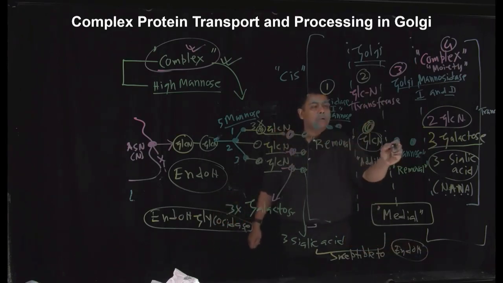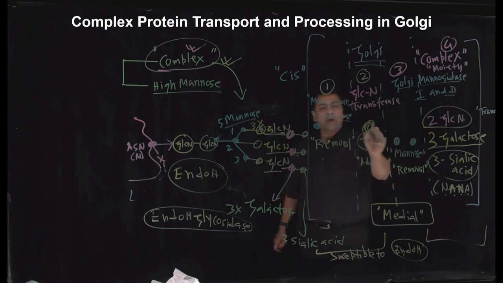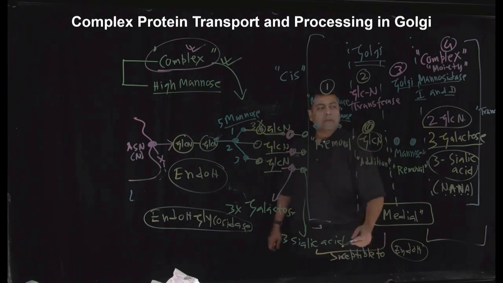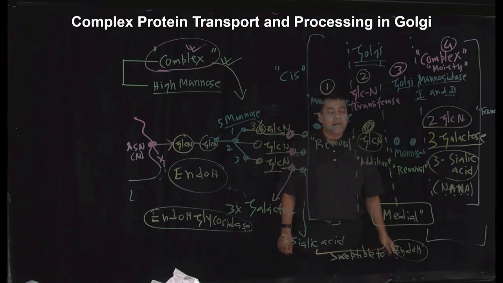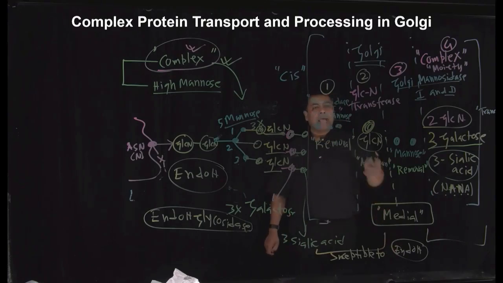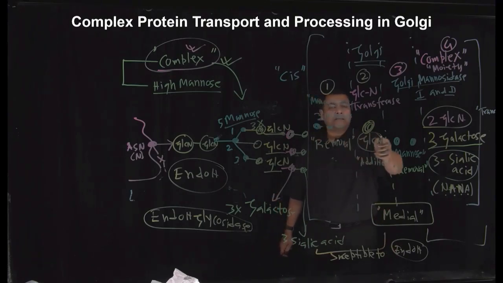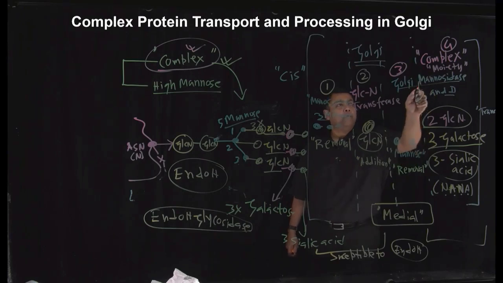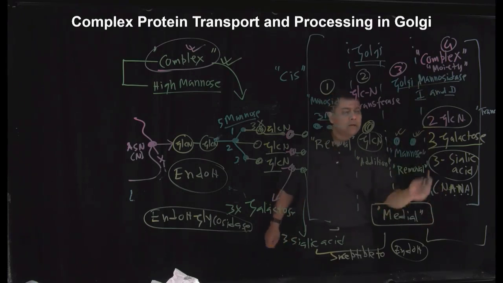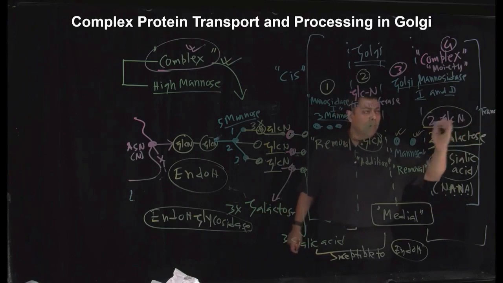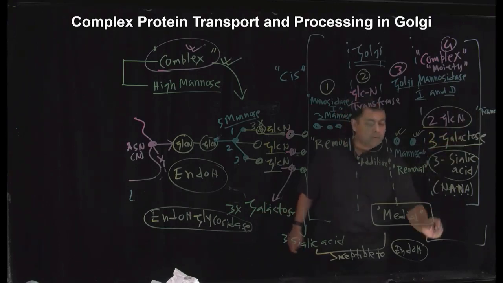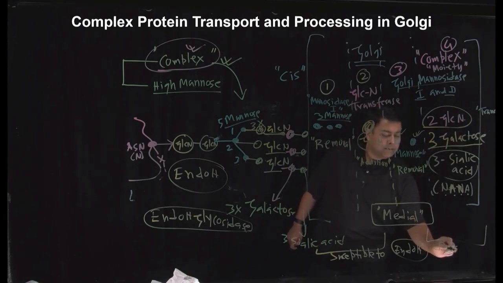Before these 2 mannoses are taken out, this structure is going to get digested by the endo-H. But as soon as this crosses the medial Golgi and alpha mannosidase 1 and 2 remove these 2 mannoses, then what's going to happen, and of course the complex protein, this will be resistant